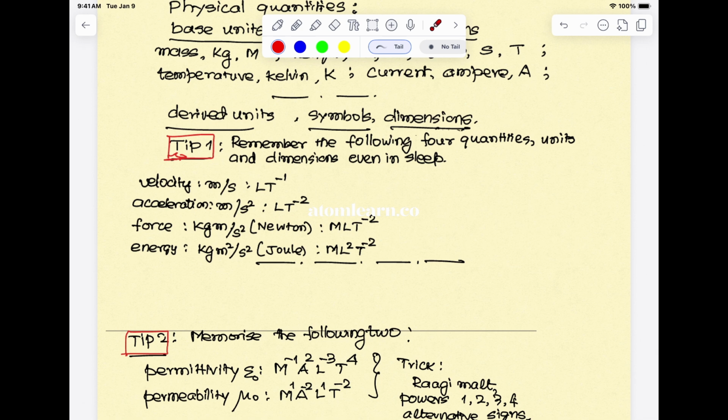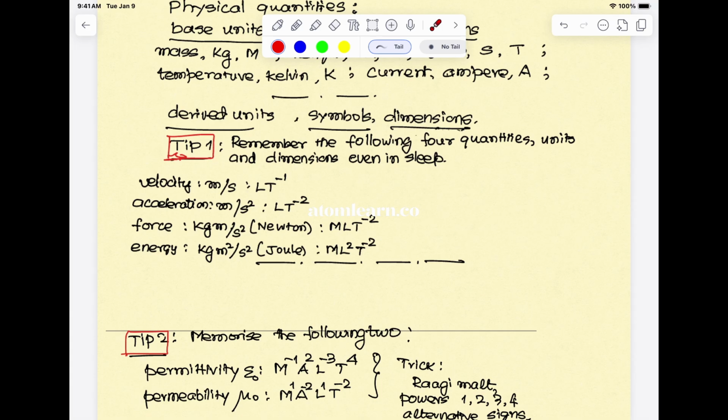Now you should be able to understand the difference between this and this. There is no difference, because whether it is called Newton or joule, you must remember the basic units are kg meter per second squared or kg meter square per second squared. Okay, fine. Therefore, coming back to this, tip number 1 is actually no tip, because I am sure that all of you would remember these 4